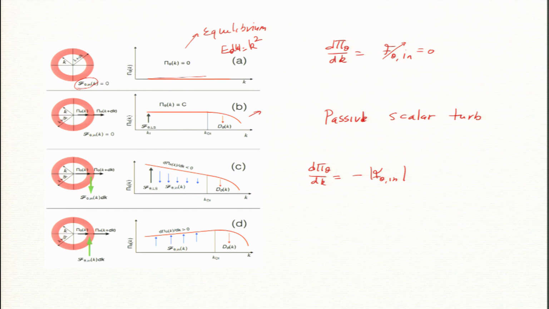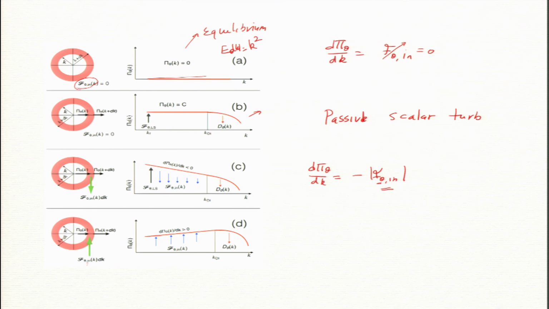So, this is something which I will probably not use in the same language, but you see we can also define how pi theta changes with k. If it is there, then pi theta will decrease, clearly, because this is negative. For the scalar theta, the flux of theta, pi theta, should decrease, and if it is positive, then the flux must increase. Okay. But please remember, this is for pi theta, it is not pi u. So, to determine pi u, I have to replace this force injection by Fu. Okay. So, this can be concluded.